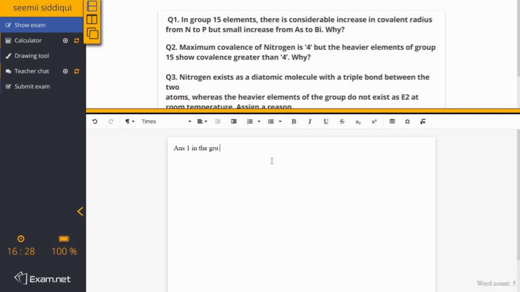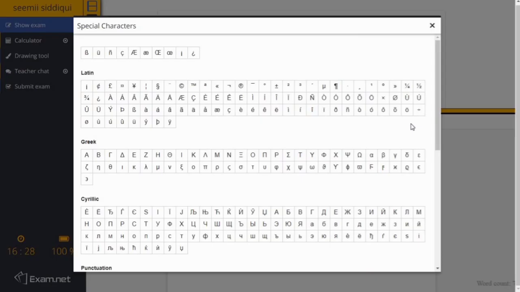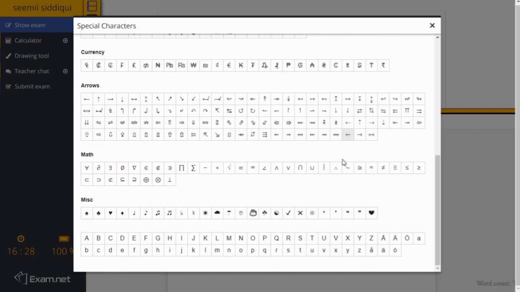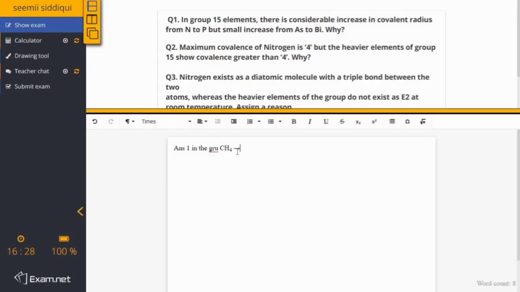For giving this particular exam, it's my humble request to you all that do the exam after preparing for it only. Another thing, in this answer sheet, there is the provision of subscripts, means if we need to write down a reaction, you can use the symbols, you can use the upper script, lower script, and you can even use the calculator if there is any numerical based question.